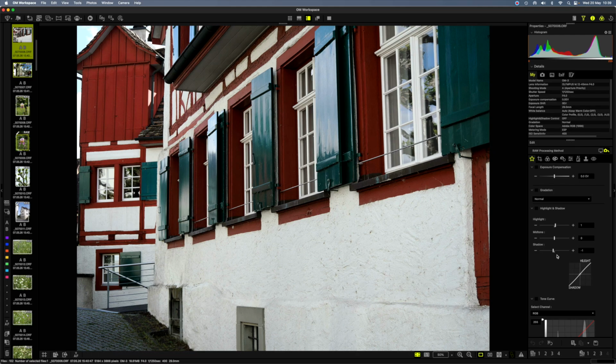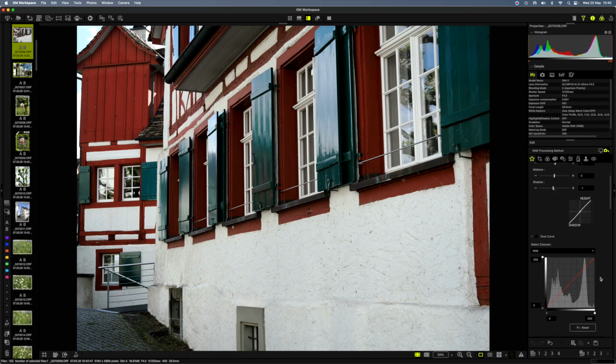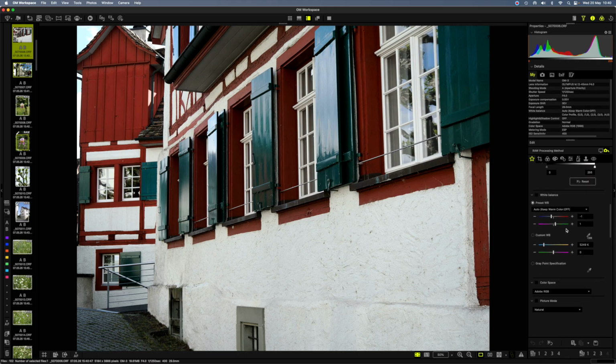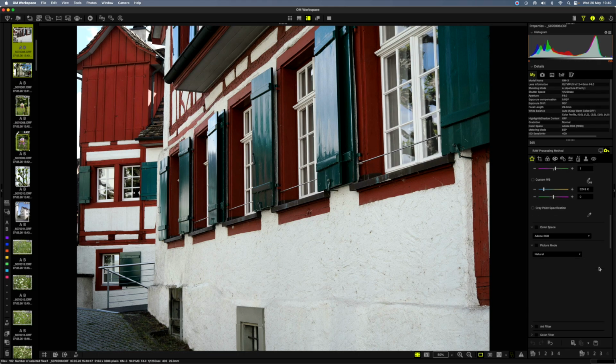So I'm receiving my camera settings inside Workspace here now. And you can see that I had normal for gradation. I didn't use anything else. There was no exposure compensation. Although the exposure compensation you would have seen here, you wouldn't have seen it here. You would only do the correction here. And the white balance values, this is the one that was used in the camera.